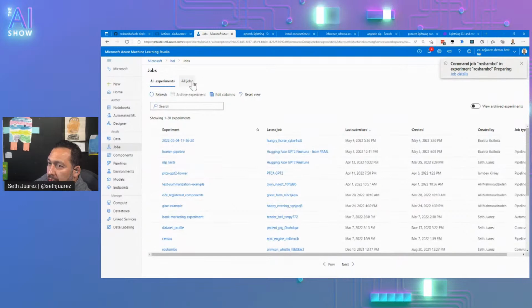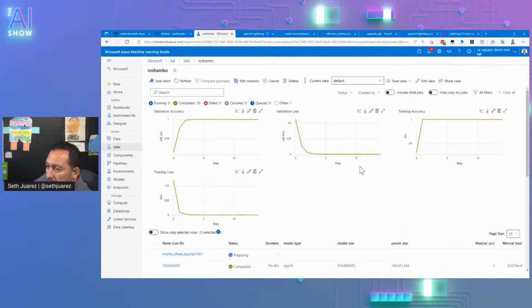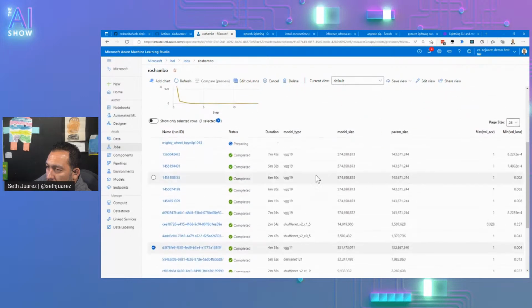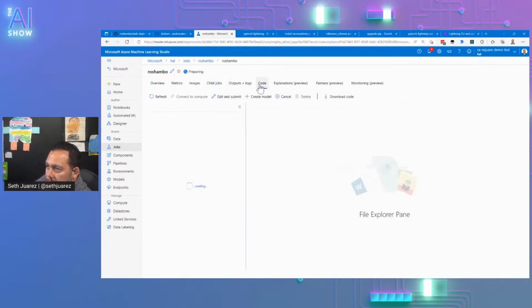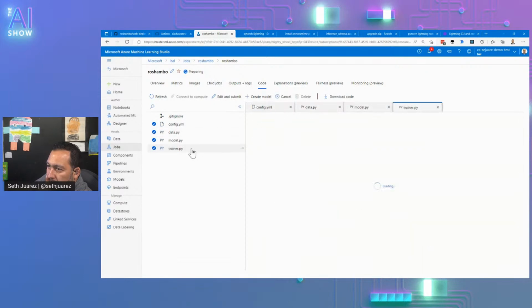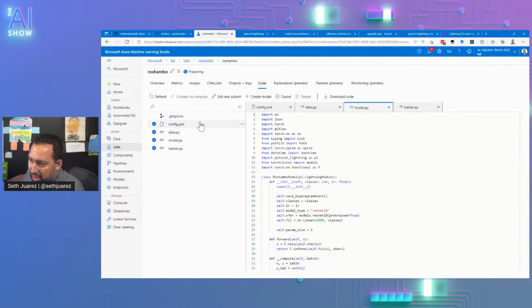Oh, look at that. It's doing it. Preparing. Oh, this can take forever because of what it's got to do. Okay, let's take a look at the code here. Cool. So it loaded exactly just the things we wanted, which is perfect, right? Because before we were loading up all sorts of gack in there, and that just would have been dumb, you know? Like it was trying to upload the entire virtual environment, which is dumb.